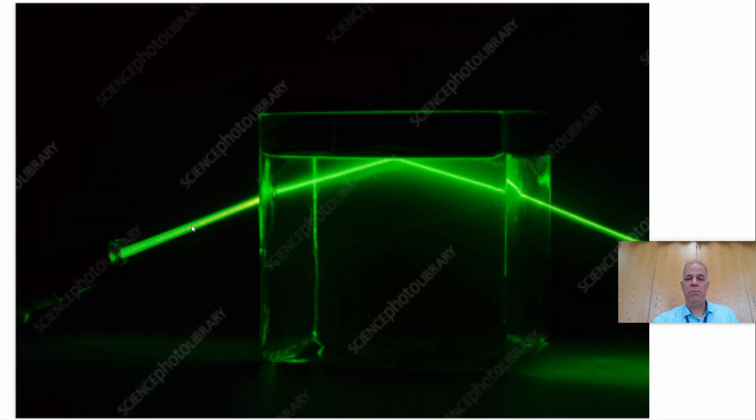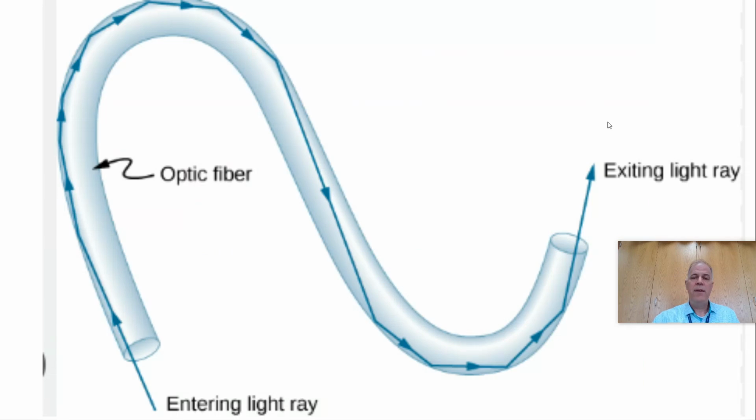We were able to see the beam in the air over here, probably because they have some sort of a fog machine going to make it visible, but you can see nothing emerges from the water. It is totally internally reflected, and then it emerges from this side and goes back into the air again. Okay? Now, it doesn't have to be nice flat sides. It can be gradual curves. And as you can see, the laser beam or the light ray follows a series of straight line paths, but it's always hitting the edge at a shallow enough angle that it's total internal reflection, and the beam stays inside